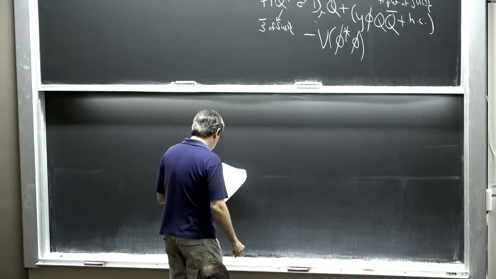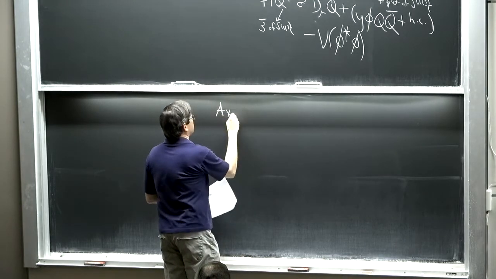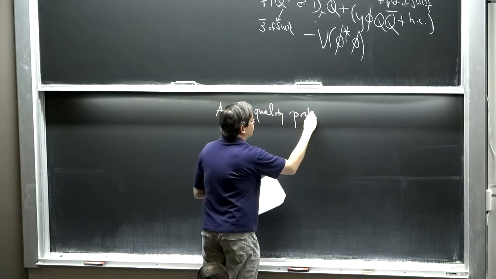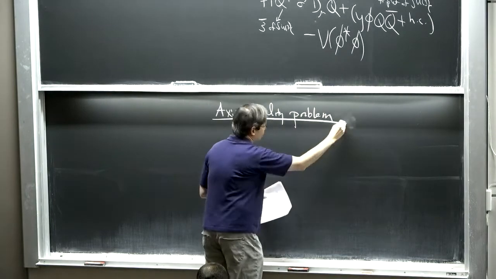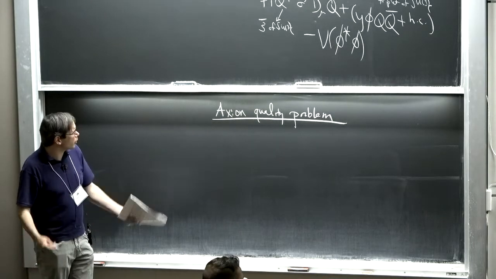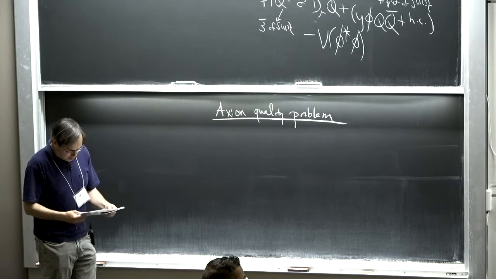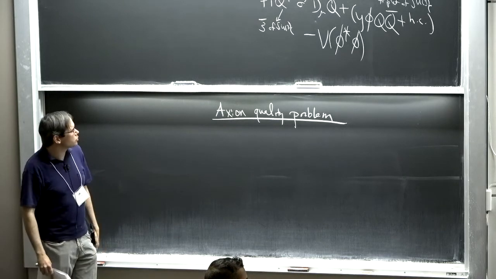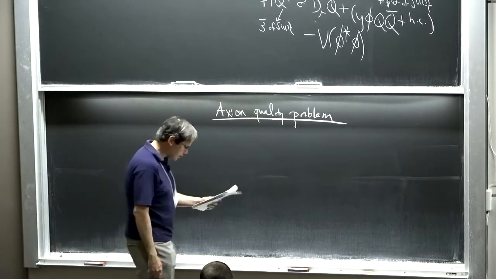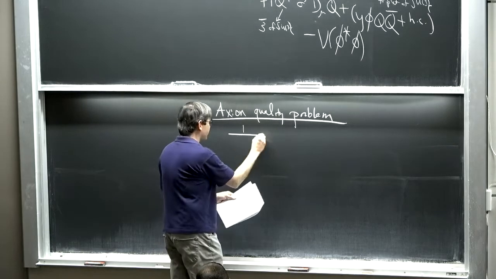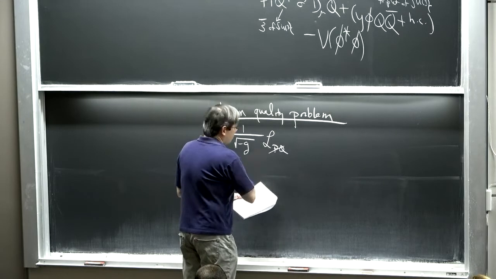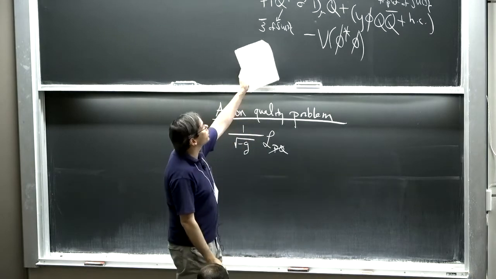And this model is a good place to talk about the big problem. Okay, so if you talk to a lot of particle theorists who are model builders, they might tell you that, well, axions are kind of nice. They sort of almost want to solve the strong CP problem, but they have this big looming problem that is annoying and has to be dealt with. And we can see this problem just by thinking about terms we can add to this Lagrangian.